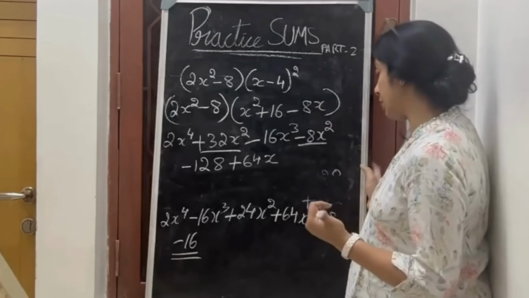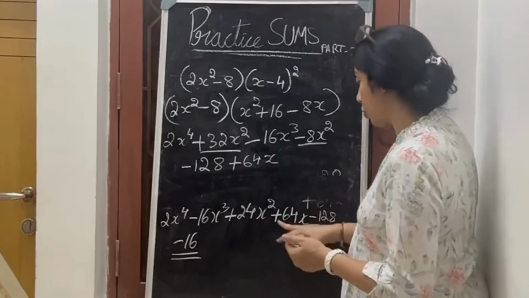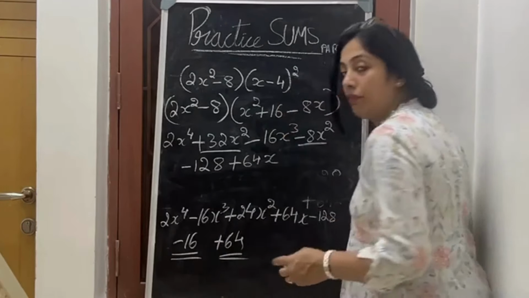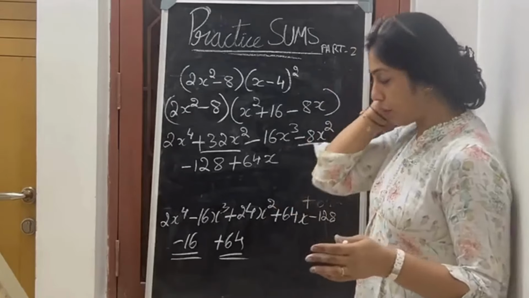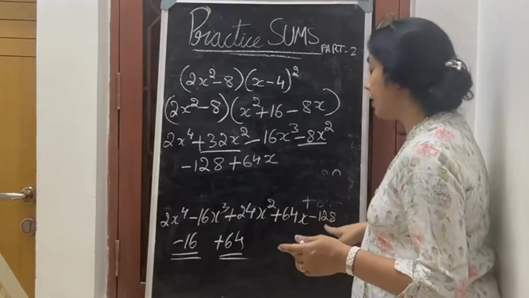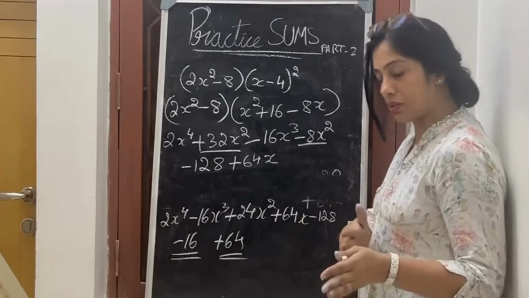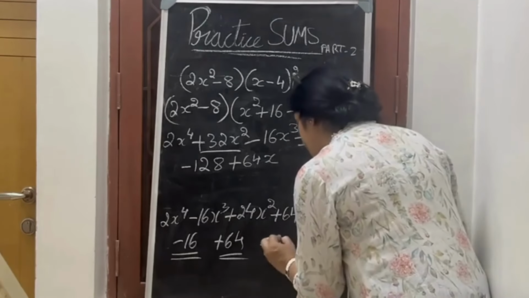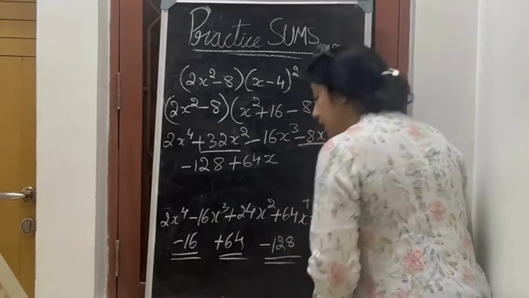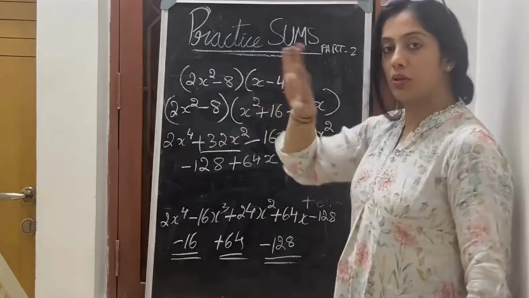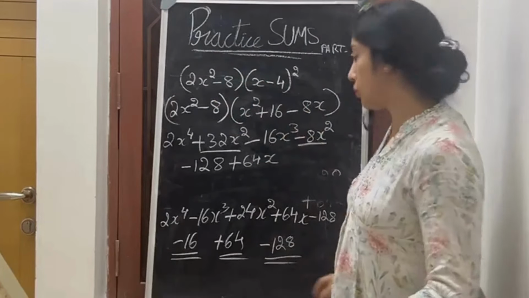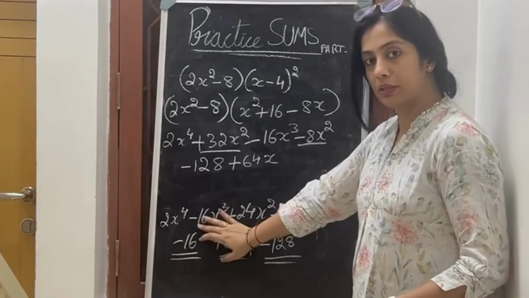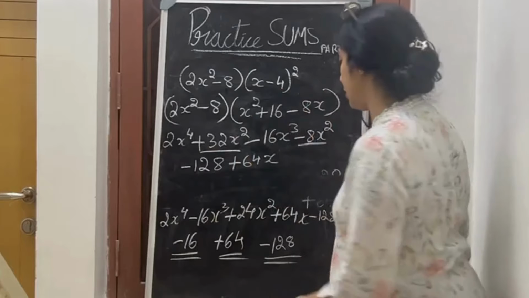Then it also asked me the coefficient of x, which is plus 64. Then it also asked me if there is a constant, please tell us the value of it. Which one is the constant here? The one without the variable is called a constant. So minus 128 is the value of the constant. That's it. Please do not get confused in your exams by seeing such kinds of sums. The value, the number that's given with the variable, is called the coefficient.